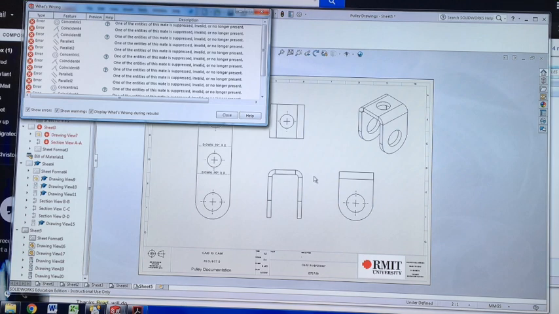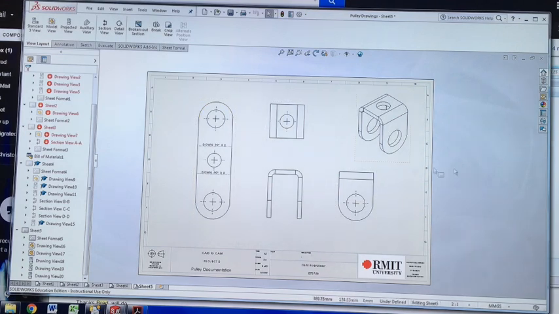Last week, we jumped around a little bit between parts and drawings, and one of the things we touched on was configurations. Configurations allow you to do some things in drawings and parts to maintain your existing assembly and parts the way we had them in Project 1, but also have another version, which is the one you'll be modifying in Project 2. So I'm just going to go over that again quickly,